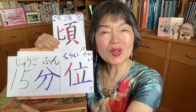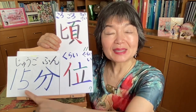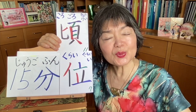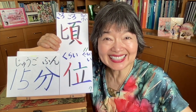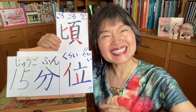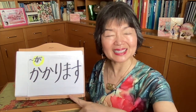15分くらい or 15分ぐらい. Now let's see what happens if we use koro with 15分. For example, 15分ごろ. When can we use it? It means, for example, it's now around 2:15. It can be 2:13 or 2:14 or even 2:16 or 2:17. But it's about 2:15. Then, 今、2時15分ごろです。 It takes some time, the verb かかります. For example, 時間がかかります. We use が for something がかかります. But here